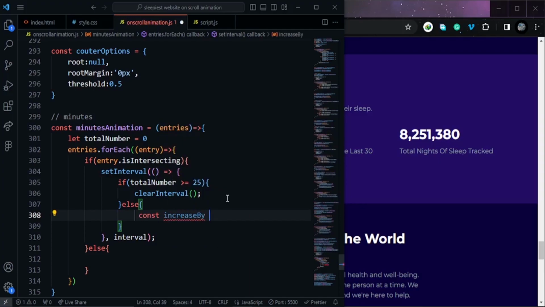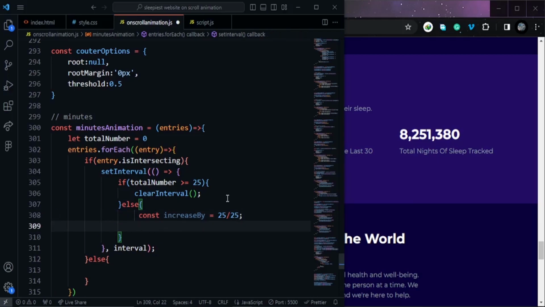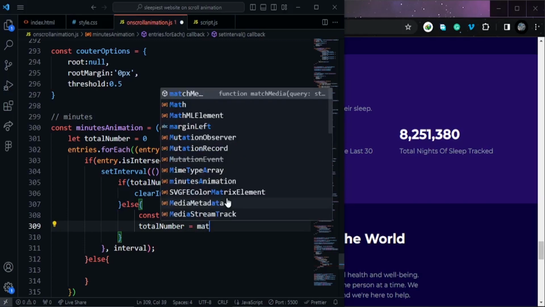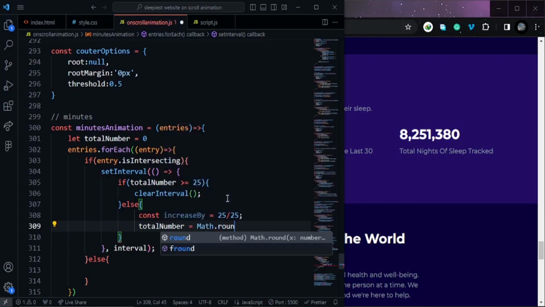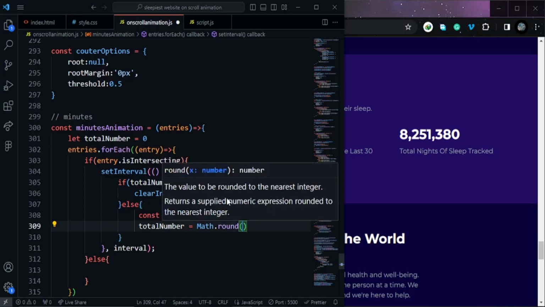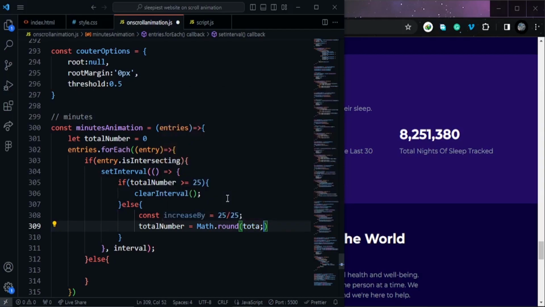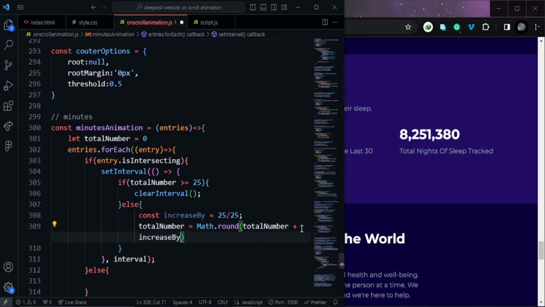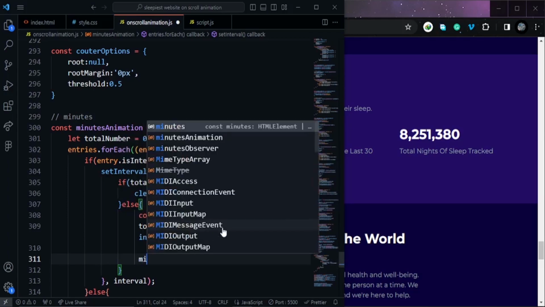increase by 25, and let me divide by 25 again. And the total number will be Math.round of total number plus increase by, and I'm going to use minutes